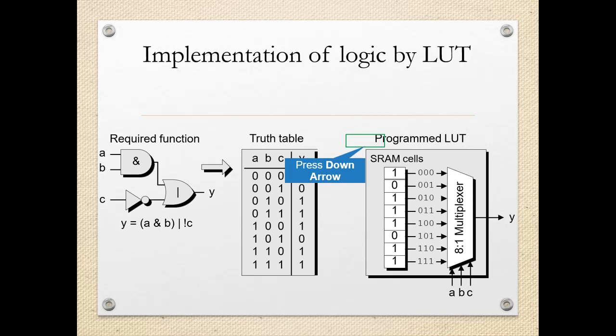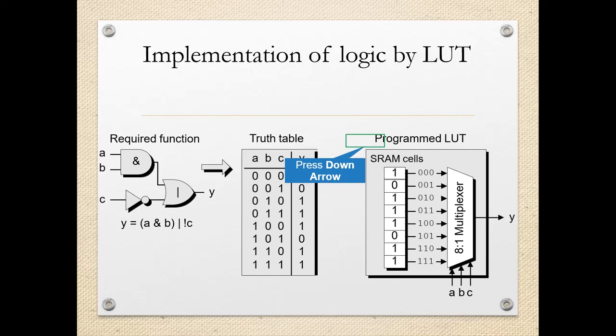It has been statistically concluded that a 4 input LUT is best for FPGA devices. One additional advantage of a lookup table based programmable block is that the SRAM cells forming the lookup table can be used as a small block of RAM. The 16 cells forming a 4 input LUT, for example, could be used as a 16 by 1 RAM, and this is referred to as the distributed RAM.